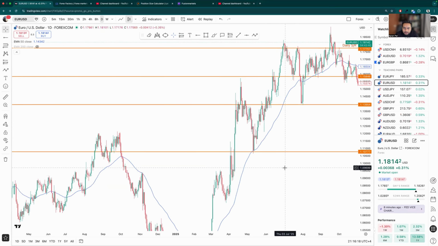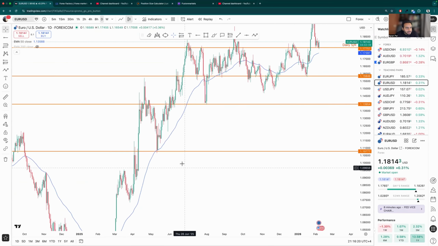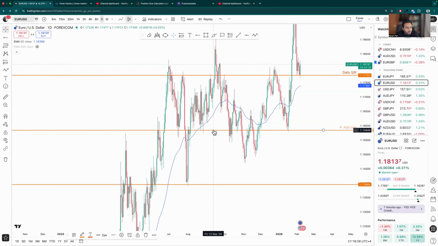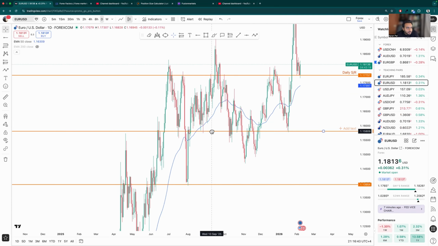Now, what I do is I try to match this when I'm creating a support or resistance line. I move this line in a way where I am trying to have maximum touches and the lowest point. If I'm looking for a support, then I'll try to get the lowest point. Right here I can see there's one touch, and that's why this line is right here. If I move this down, I'll remove two touches, this one and this one.